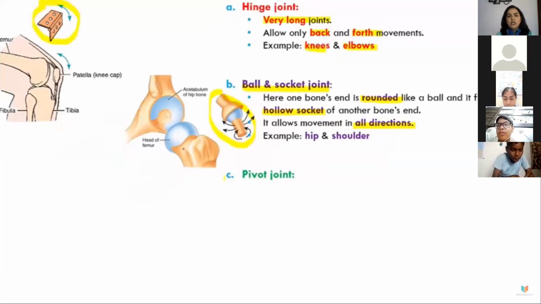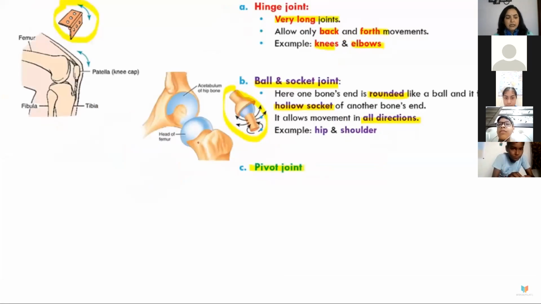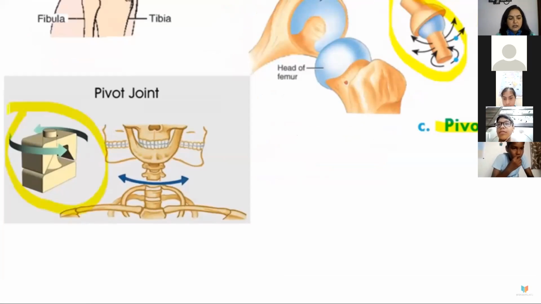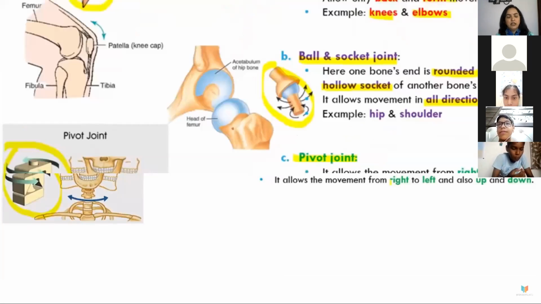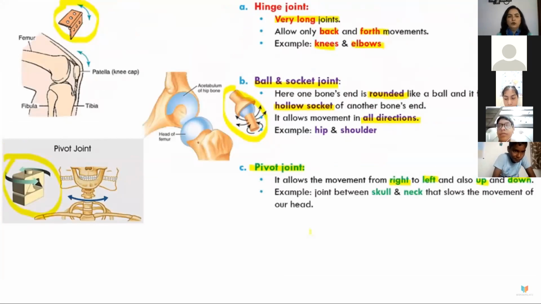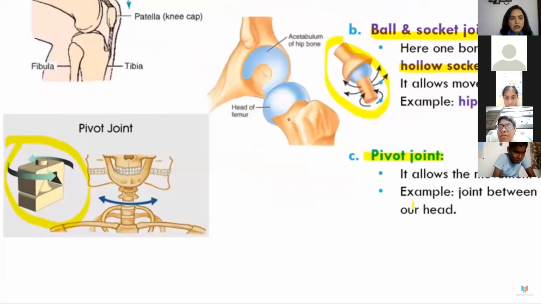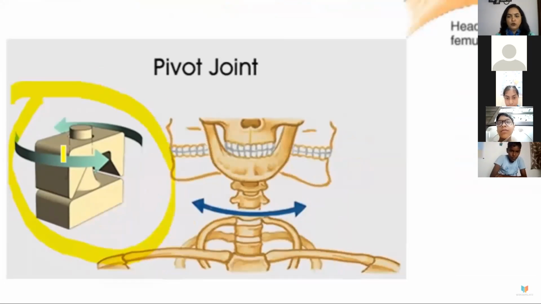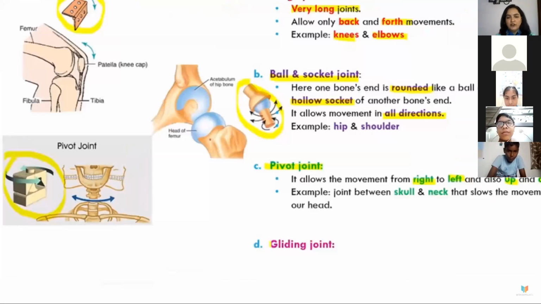Third comes the pivot joint that is found directly under the skull. You can see the picture, it is directly under the skull and here is the round ball-like part, and one rotates in the hollow socket. You see, it is the pivot joint, you can move side to side, not at an angle of 360 degrees. That you can see in the movies of ghosts only, that the skull is moving at 360 degrees, not even here.